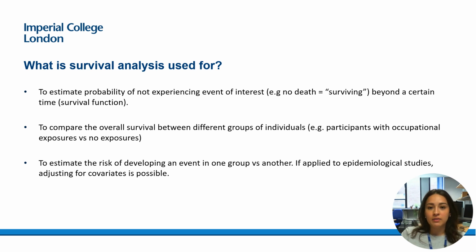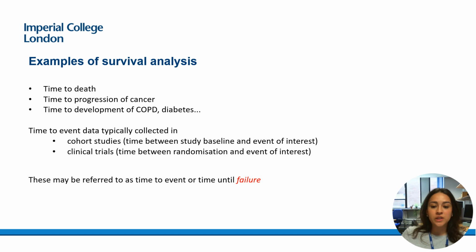What I mean by covariates is any sort of variable or factor that may be impacting our results and our associations. And just for you to start putting it a little bit into perspective of what I mean by this, here's just an example of different types of survival analysis. So the data is usually collected from cohort studies or randomized clinical trials. That's the more common way, but you may use it